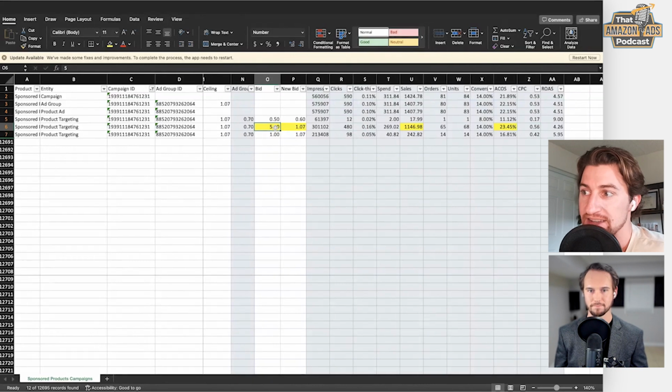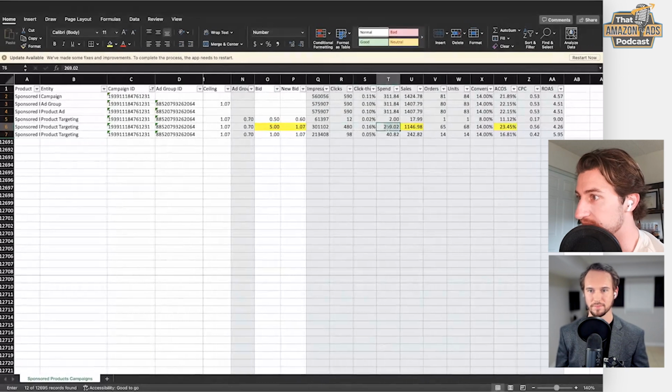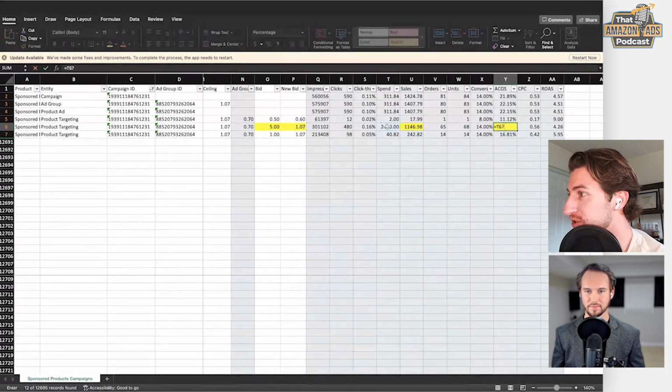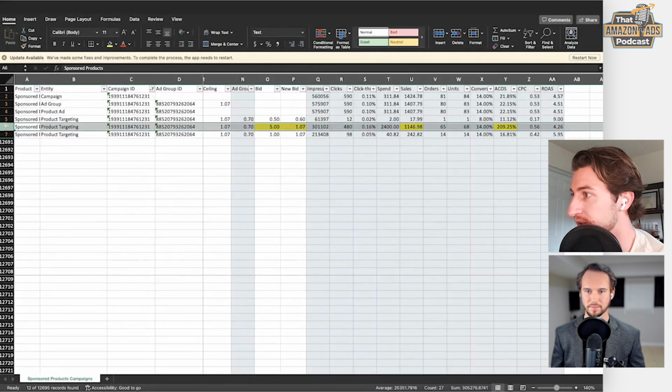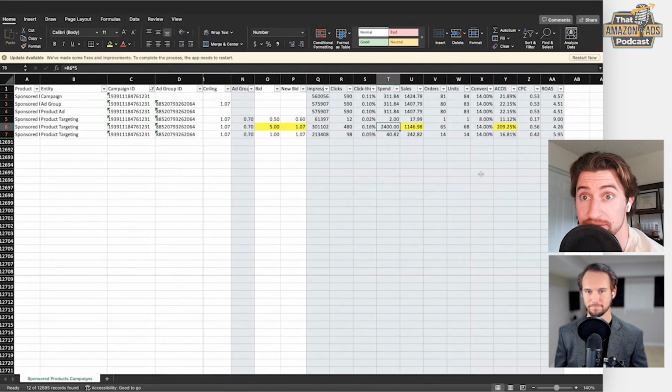That's the answer. The day you actually get charged a $5 CPC, let's just calculate it. I'm going to change this spend here to be the total clicks times the $5. And then I'm going to change the ACOS here to be the spend divided by sales. That's getting you a 200% ACOS. That's what that $5 bid is threatening, I should say. It's not going to get you there now, but that is the liability you are exposing yourself to. You're exposing yourself to spending over $2,000 at a 200% ACOS because you weren't practicing bid ceilings.